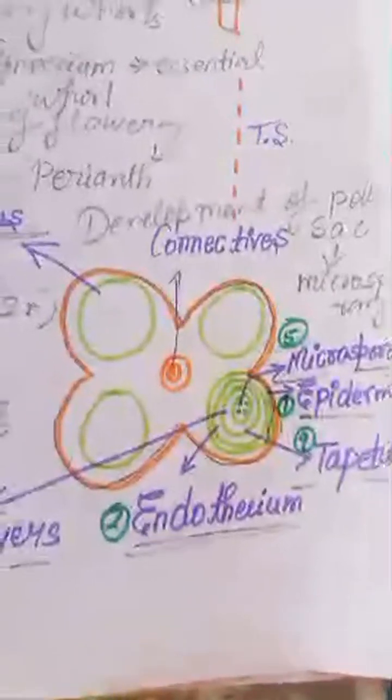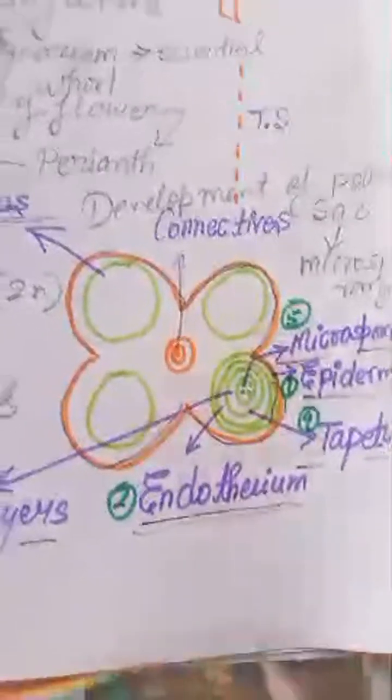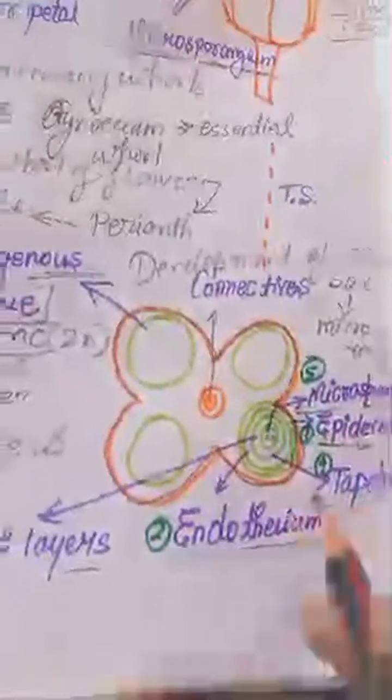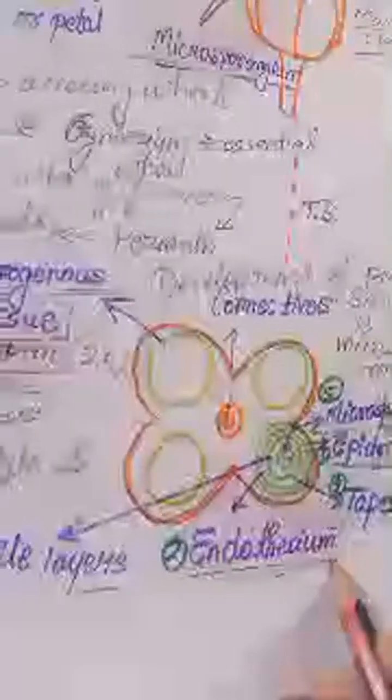The matured anther wall shows an outermost single layer epidermis followed by a layer of endothecium, 2 to 3 layers middle layer,